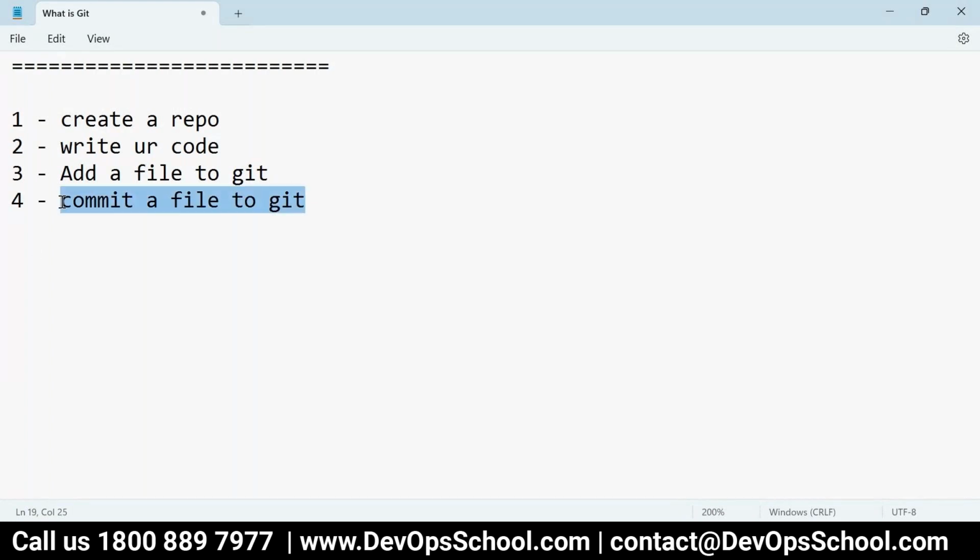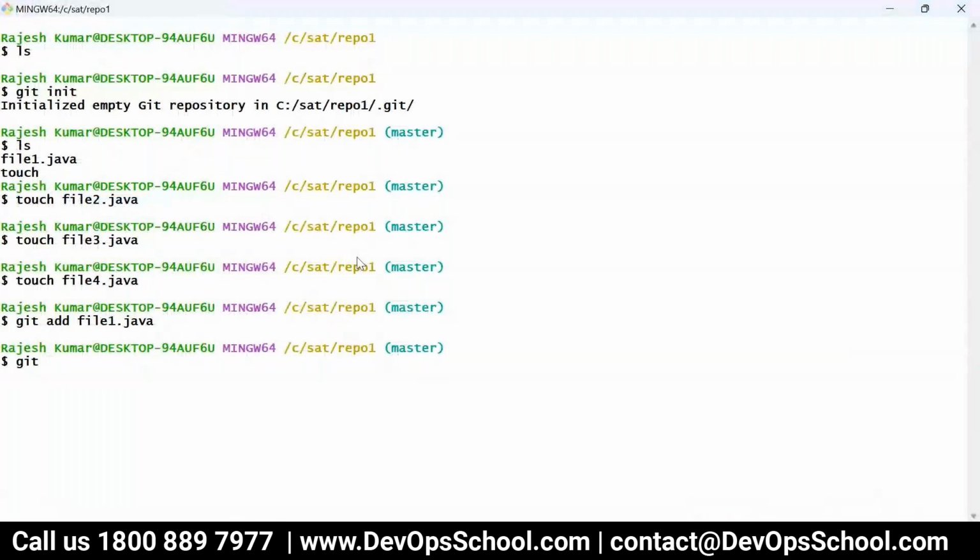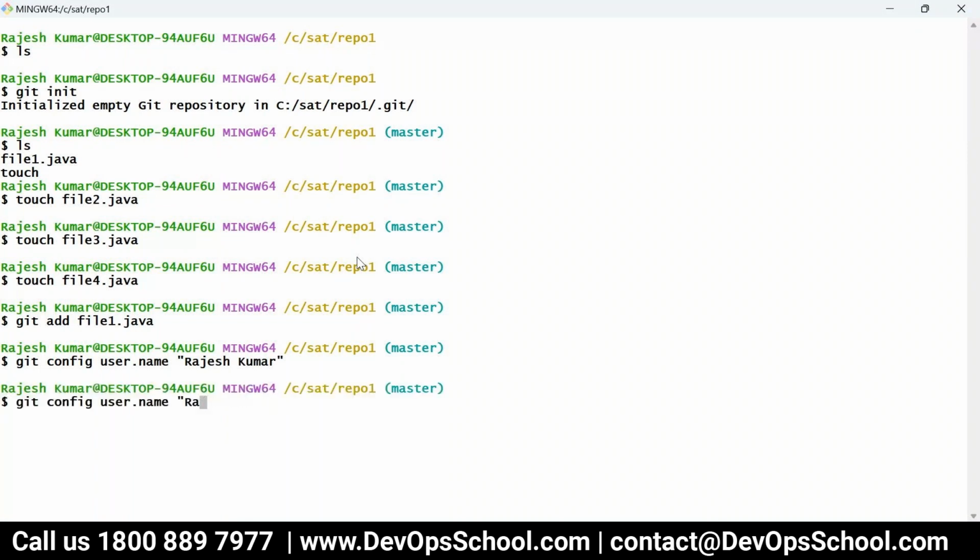Before that there should be some user identification, right? Like who's committing this file. So here there's a one-time setup you have to do: git config user.name Rajesh Kumar, and this is the one time you have to set up for each repository, and email, Raj DevOps at Rajesh Kumar dot xyz.